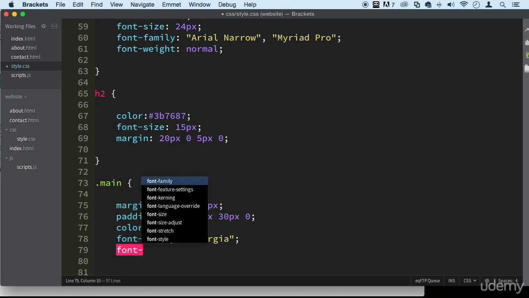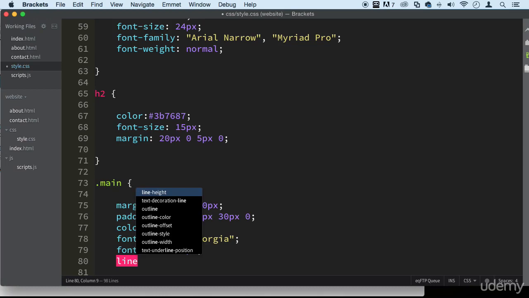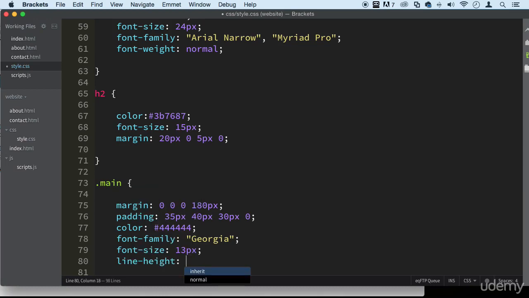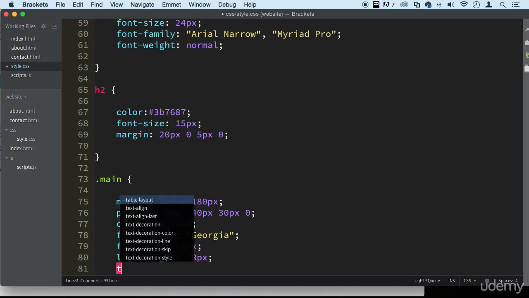Font size 13 pixels. Lines of the paragraphs are going to be 13 pixels. You know what? Let's make it bigger. Let's make it 18 pixels. I had 19 in my head, I don't know why. And the text align,